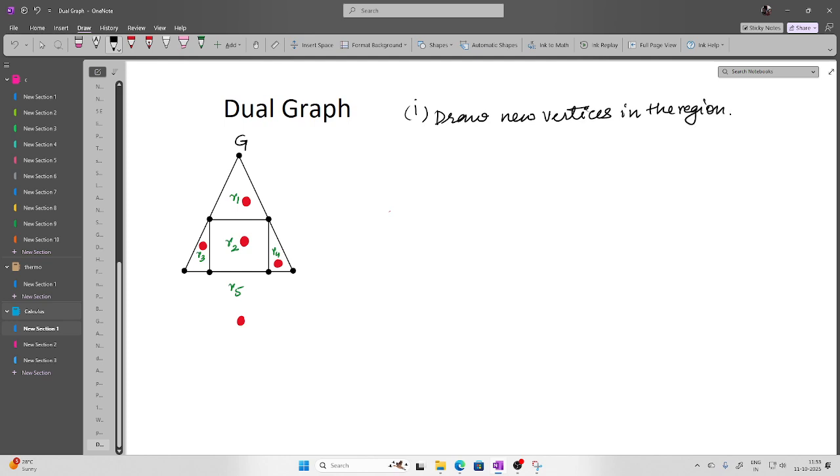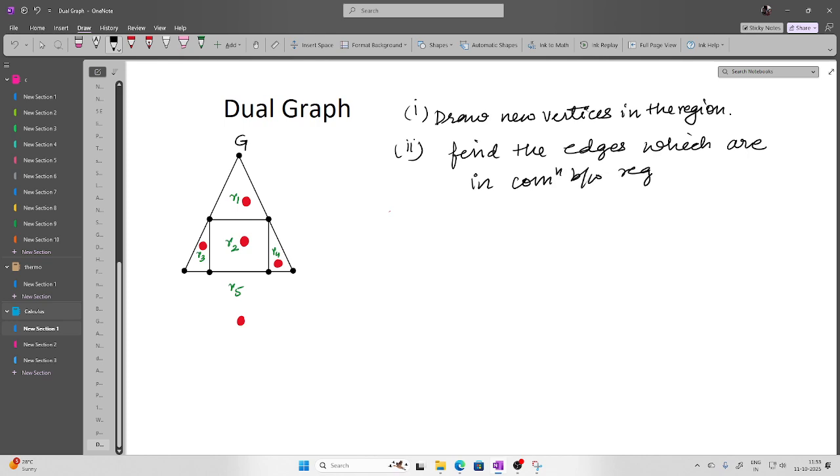Okay, this we have done. Then what do I have to do? I have to find the relation between regions. That means I have to find the edges which are in common